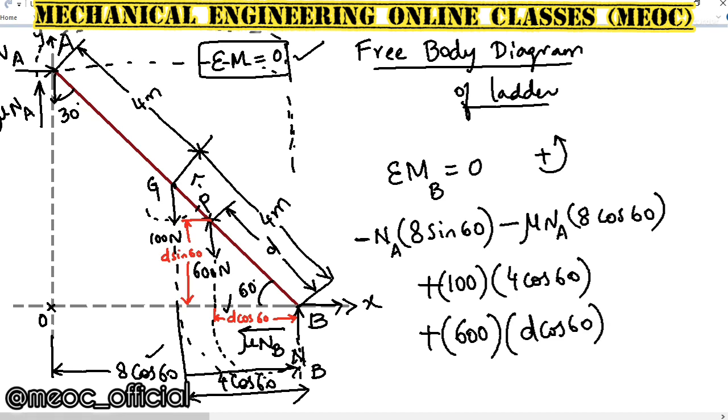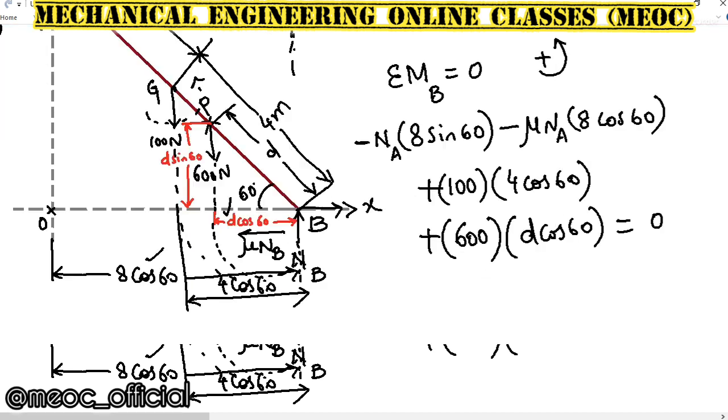So we have taken care of all the forces. All the force moments are noted down about point B, and the algebraic sum depends on the direction of the moment. So positive and negative we have taken care of. The sum of the moments of all the forces should be 0. Only when the sum becomes 0, that comes under static equilibrium.